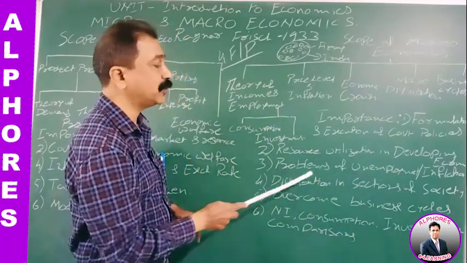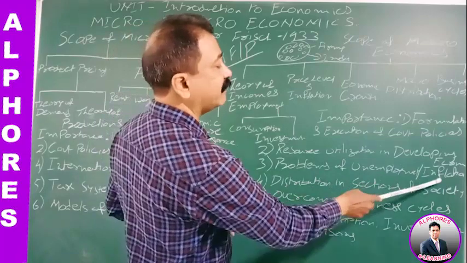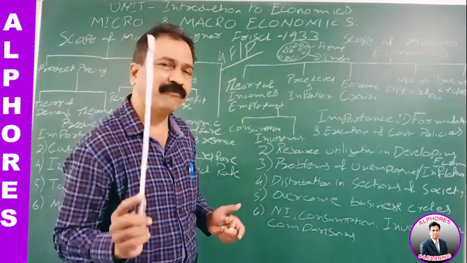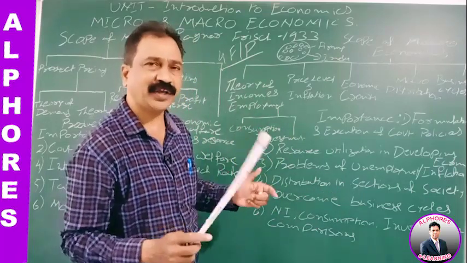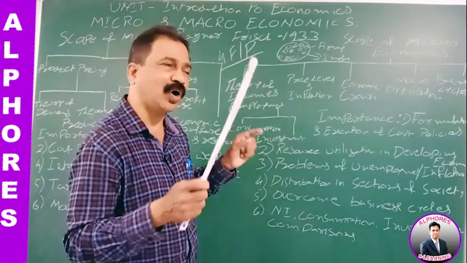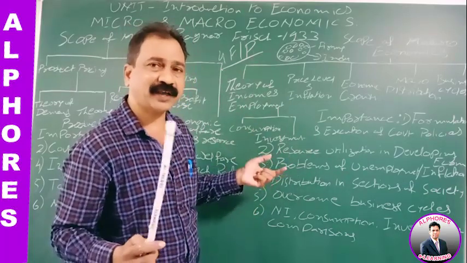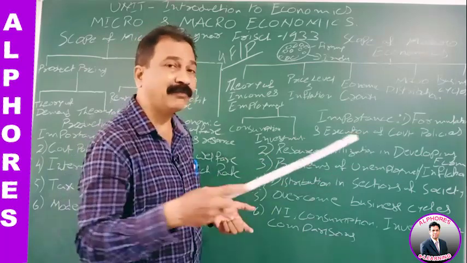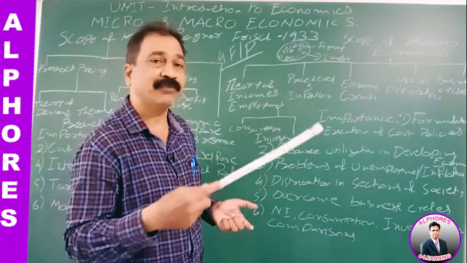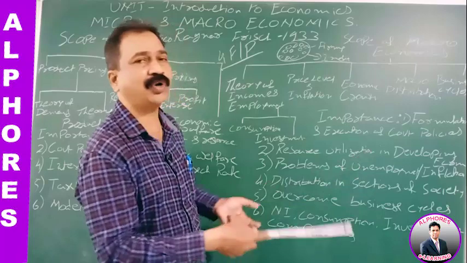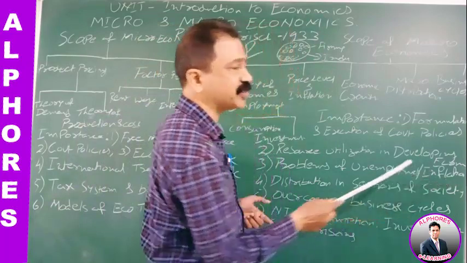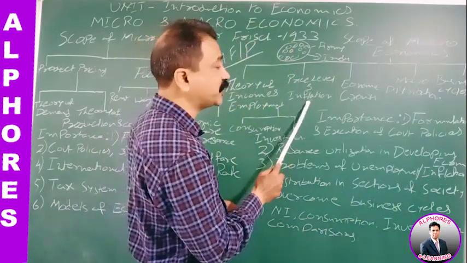Now we will see the third one, problems of unemployment and inflation. The problem of unemployment is a bigger one. Every state, every country, every economy, every nation focuses on one thing: providing employment to all the public. If everyone is getting employment opportunities, then automatically income levels increase. When income levels increase, production increases because demand increases. When production increases, employment opportunities also increase. When production increases, prices start decreasing. That is inflation. To avoid the inflation,